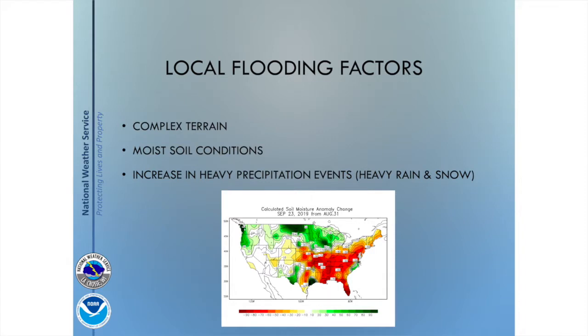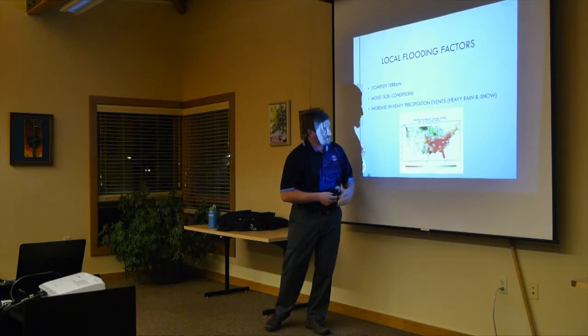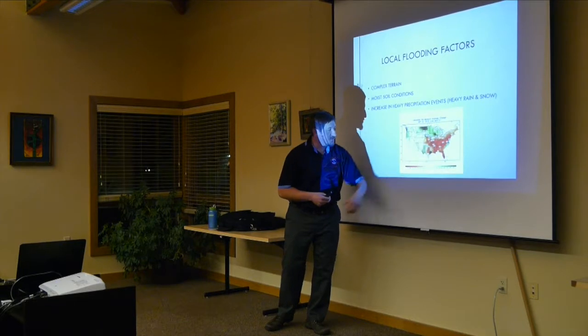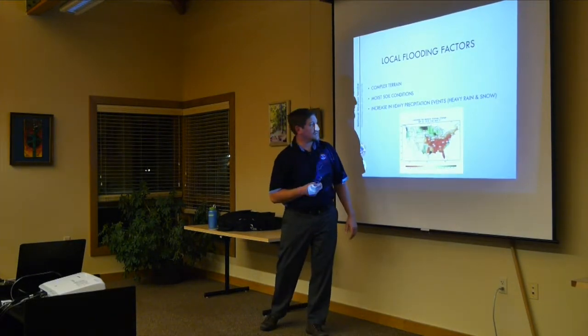It's quite amazing. I grabbed an image of the U.S. here, just showing soil moisture conditions. Now, this is a soil anomaly. So where you see the greener colors, that's the more anomalous. That's how much more wet or wetter than it should be. And in the orange and yellow areas, that's where it's much drier than what you would typically see.